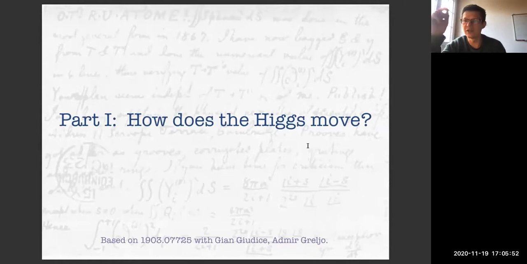How does the Higgs field, under some assumptions of course, get from A to B? In other words, what is the Higgs propagator? Now I find this to be a very, very important question, and I think it's one that we should as a field strive to be able to answer. And as you will see in the next 20 or 30 slides, this question is actually extremely difficult to answer. Right now, we have no idea how the Higgs moves. We have essentially no constraints on BSM corrections to the Higgs propagator.